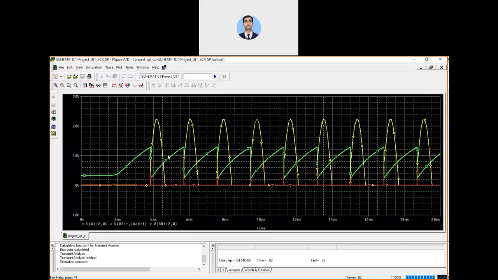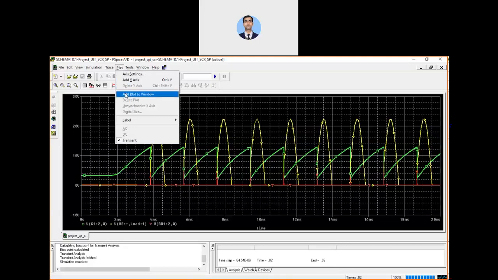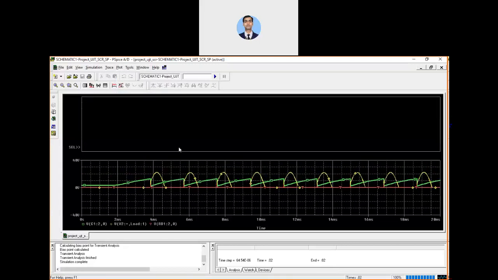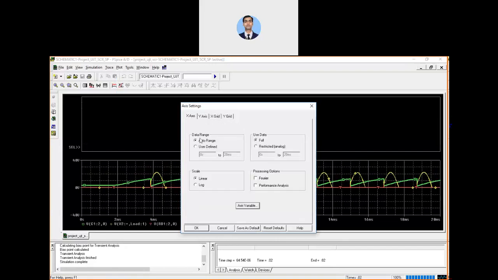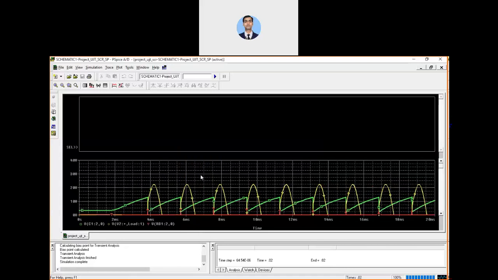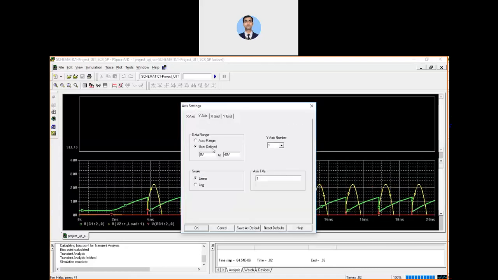If you want to see your input, you can add another window. You can adjust this setting also. It is actually taking a y-axis range from -40, and you can make it 0. This is up to 30 volts only.